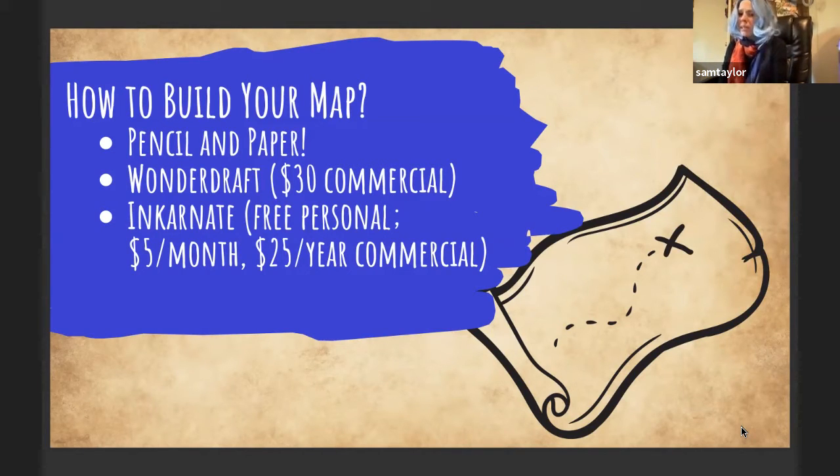If you're looking for something a little bit more fancy or elaborate, maybe like me, you are creating a map that will actually go into your book, then there's a couple other programs. I used WonderDraft to create the map I just showed you. It is a $30 one-time fee for the license, and it comes with commercial rights. So anything that you create in that program, if you've bought the license, then you are allowed to print it, distribute it in books, as swag or posters or items.